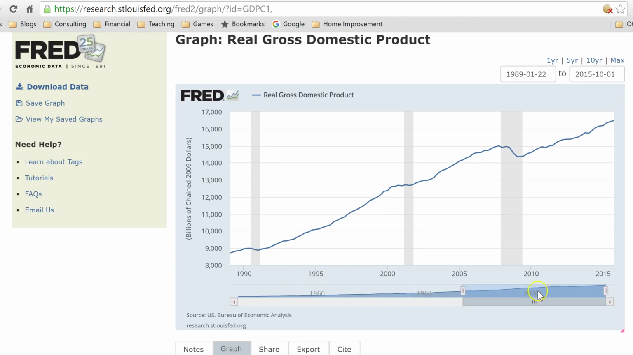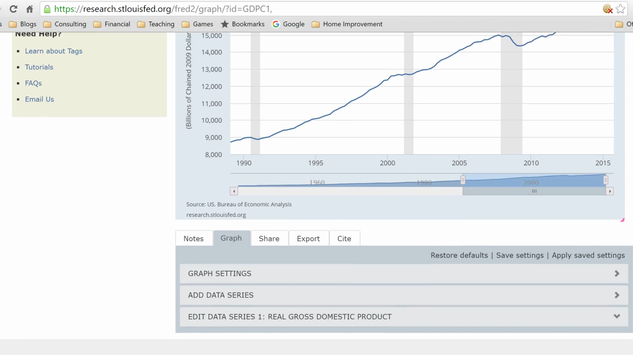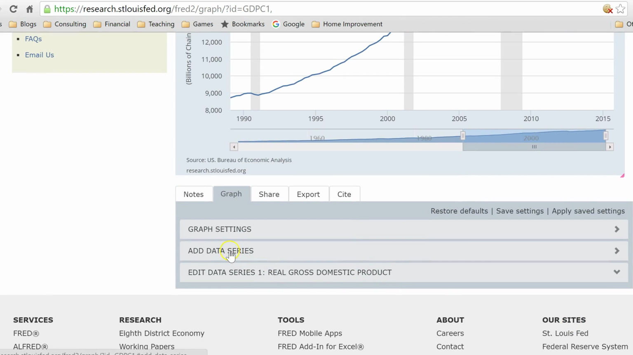Notice how in this graph we've got these gray shaded areas. This is called recession shading. These are periods of time where GDP growth was negative, and those are recessions. I'm going to scroll down and click on Add Series. Let's add